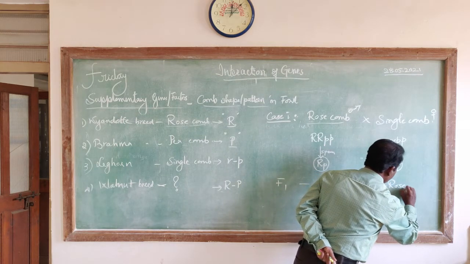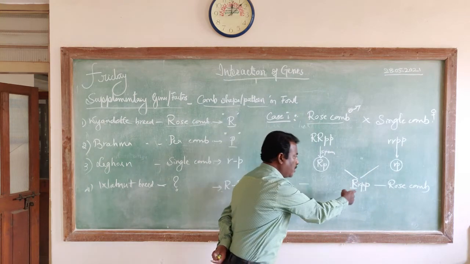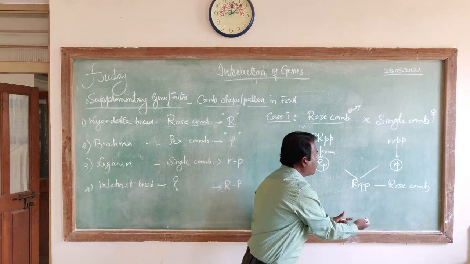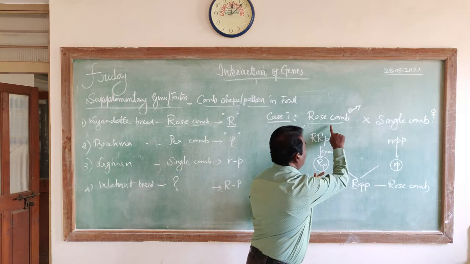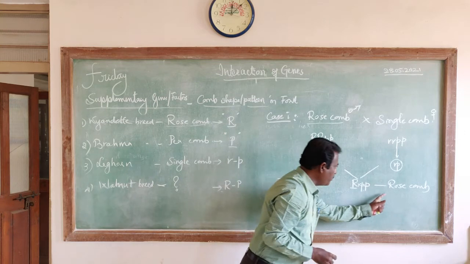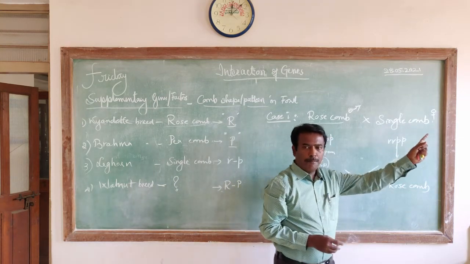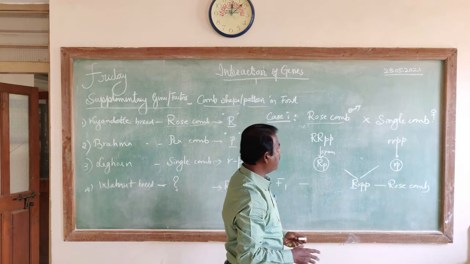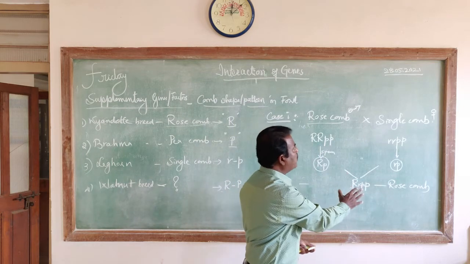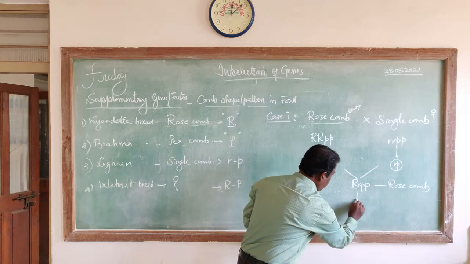rose comb only. That means, all the total number of chickens that are reproduced by crossing rose comb and single combed fowl are found to be with the rose comb only, but not at all a single comb. By means of this we can prove that gene for rose comb is dominant over gene for single comb. Very clear. And once again, if you cross